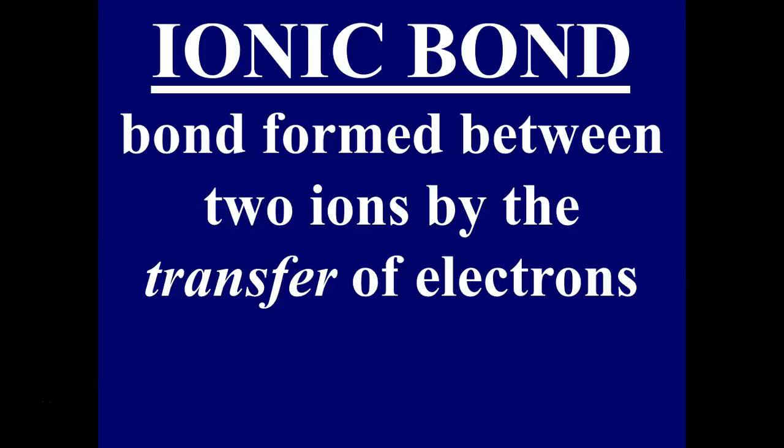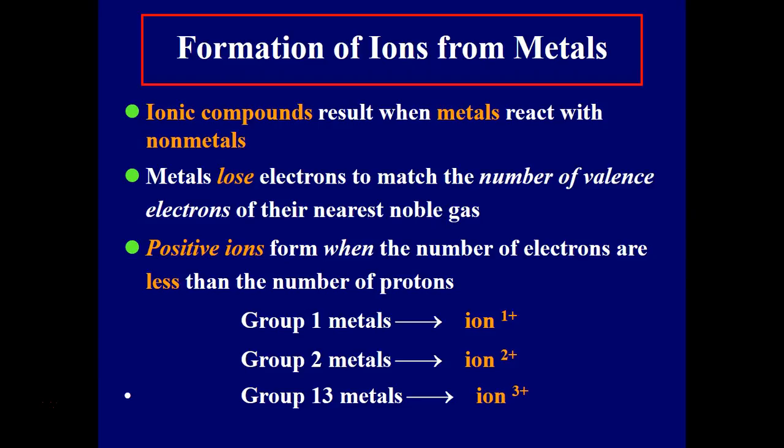Moving into ionic bonds, these are bonds formed between 2 ions by the transfer of electrons. So when we have ions, we know that they can either be positive or negative depending on whether they have gained or lost electrons, and the atoms involved in ionic bonding actually either take an electron from the other element or they give their electron to the other element. Ionic compounds result when metals react with nonmetals. Metals, on the left side of the periodic table, they lose electrons to match the number of valence electrons of their nearest noble gas, whereas